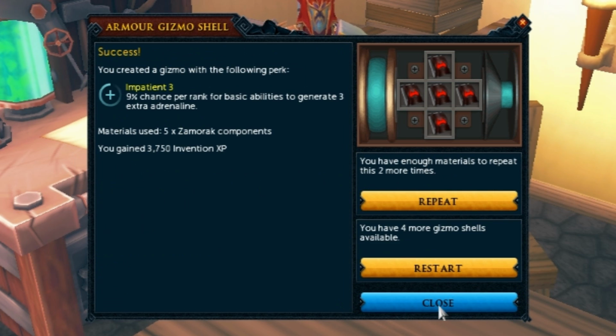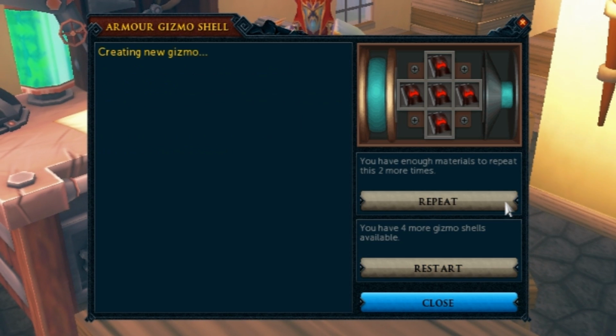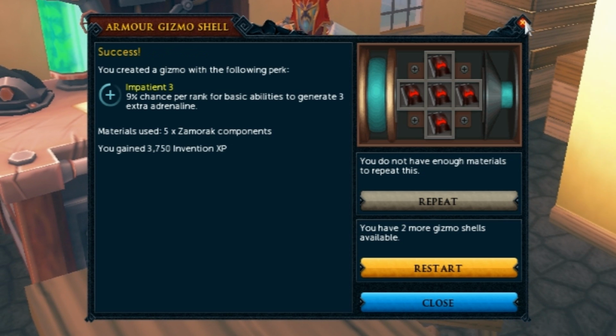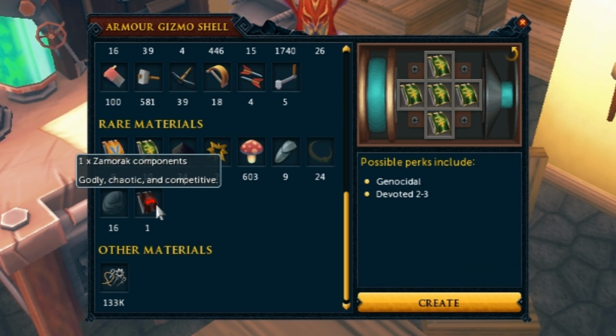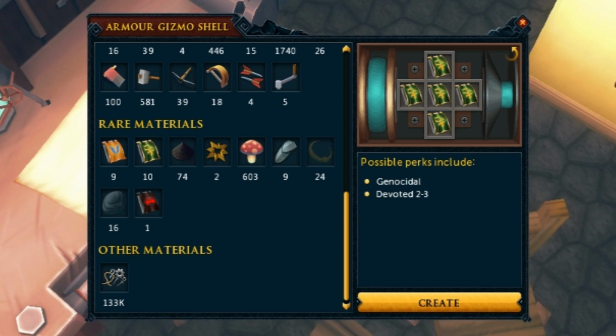Let's see. Impatient 3, not too bad. I want a Devoted, but whatever. Impatient 3, come on, where's the Devoted? Okay, right. Why am I not getting Devoted? I'm fine with that. That's 27% chance that I'm going to get an extra 3% extra adrenaline. Since the Zamorak component didn't actually give me any chance at a Devoted perk, I guess I'll use the Bandos